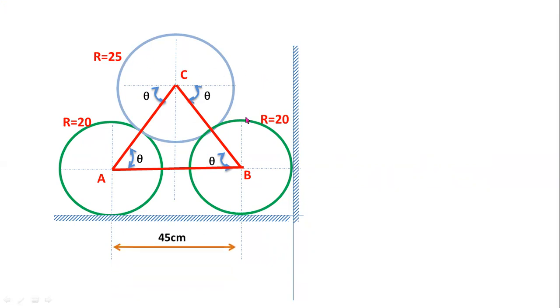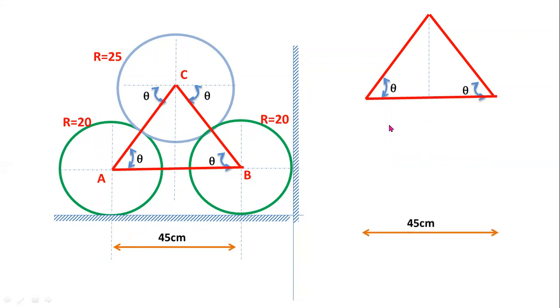So 45 centimeters is the distance between the two points, or the length of the string AB. Now let's consider this triangle as it is. From this triangle you have to determine the value of theta with respect to the horizontal. From the given question, the length of the line AB is 45 centimeters